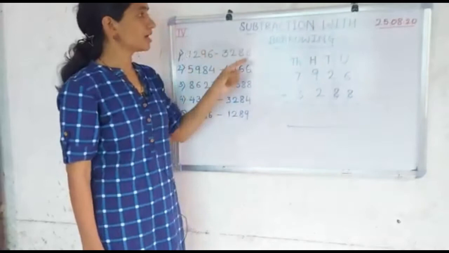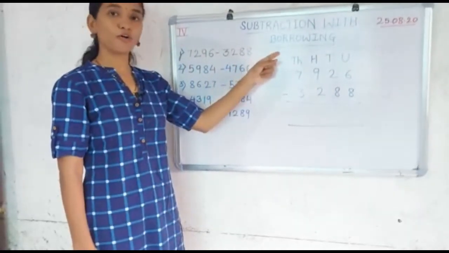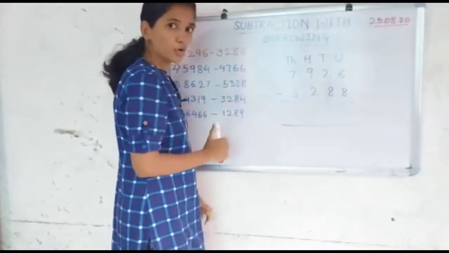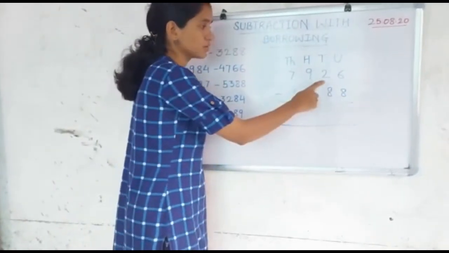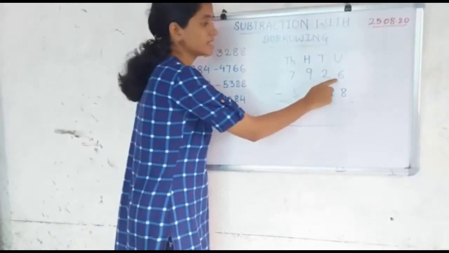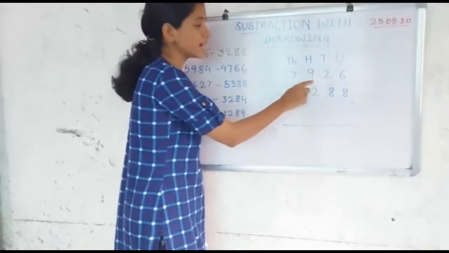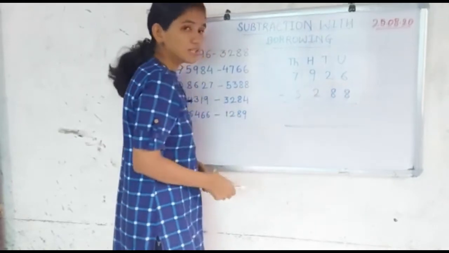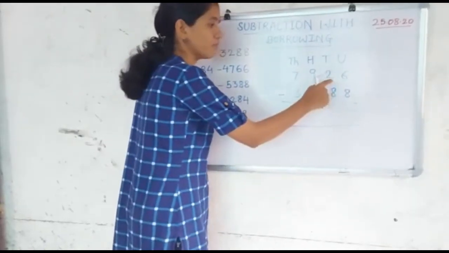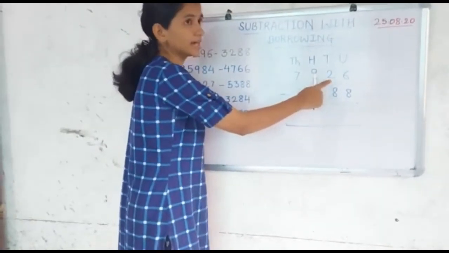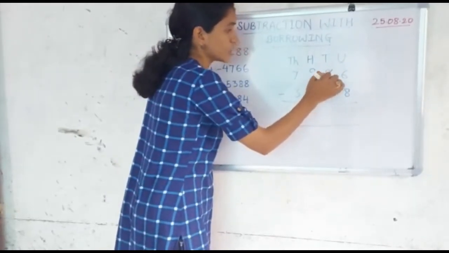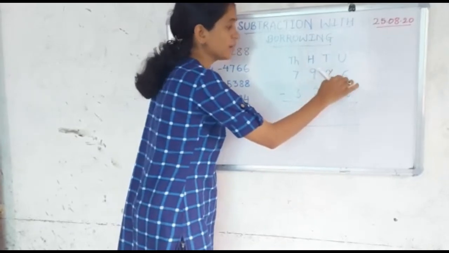Here we are going to use the formula of borrowing, that now 6 will borrow 1 from 2. The number next to 6 is 2 and not 9 or 7. The number which is nearer to 6 is 2. So what will 6 do? 6 will borrow one number from 2. That, will you please give me 1? So if 2 is giving one number to 6,